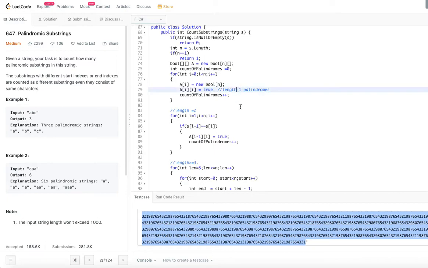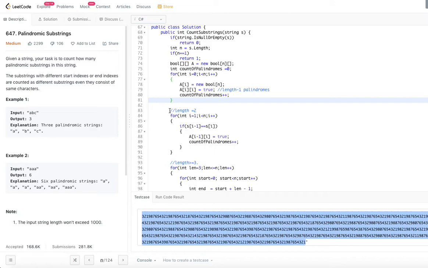So while we do that, we just increment the count of palindromes which are length 1. So now we have initialized the array and also counted the number of palindromes of length 1. Instead of calculating the count of length 1 palindromes, you can directly assign n here, it doesn't matter. It's almost the same, right?